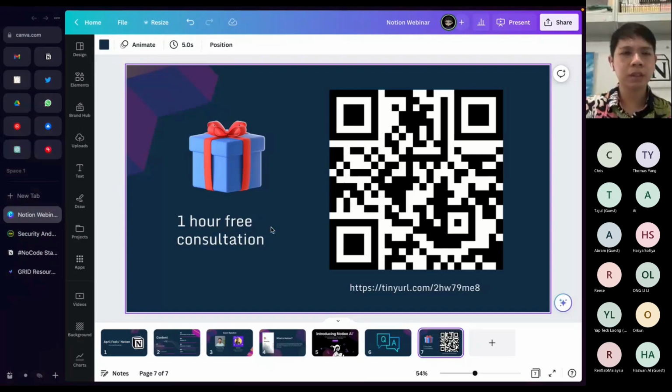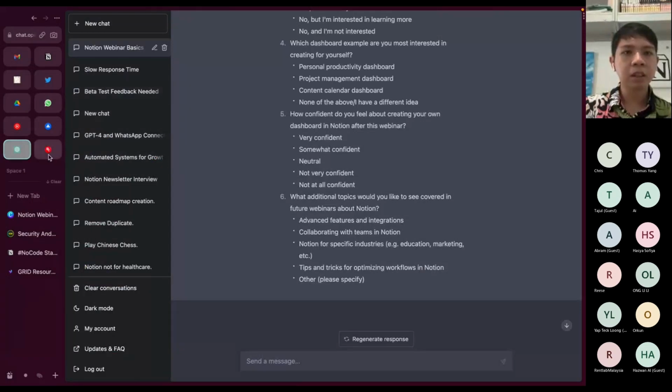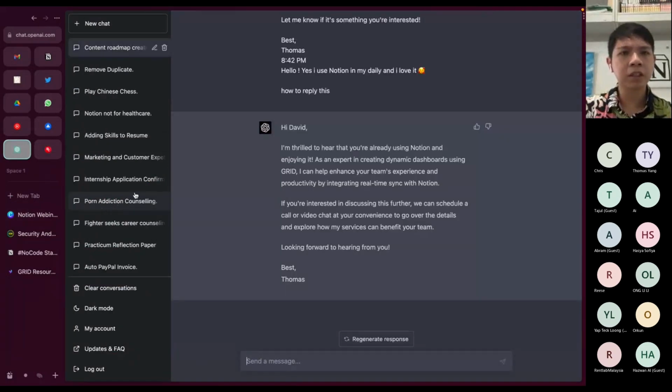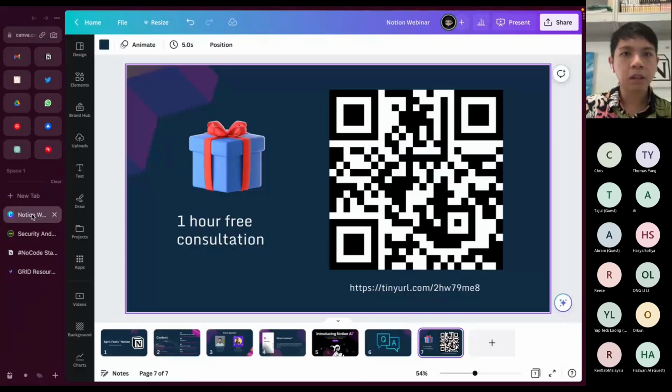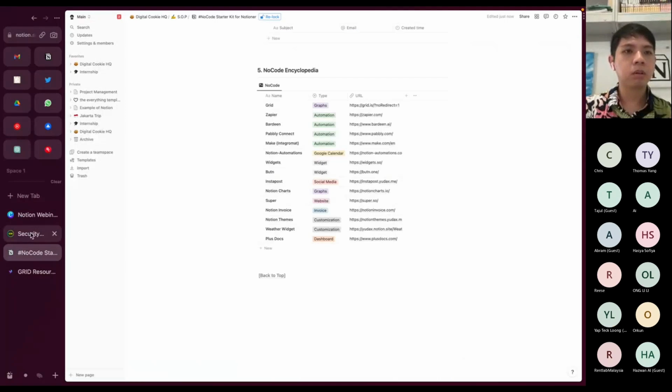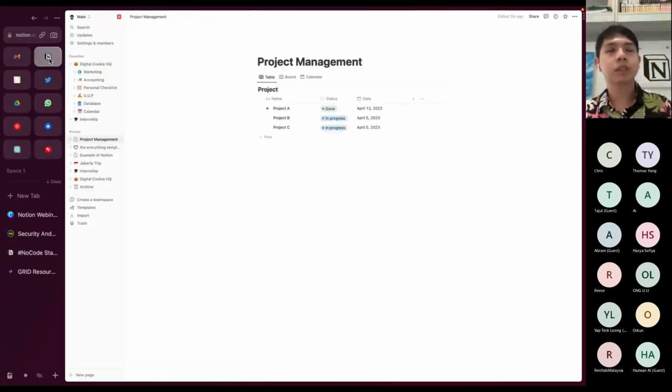Personally, I use ChatGPT more, and normally I use it for content generation. I'm not sure if I have examples here. But personally, it's more for when I want to write posts. I want it to be more formal, or more playful.